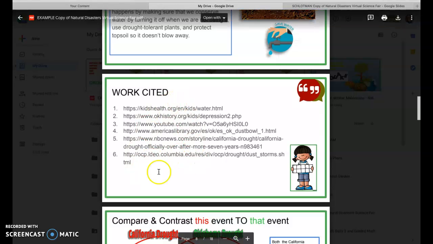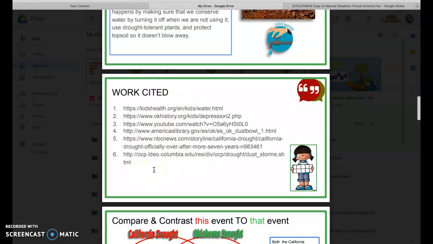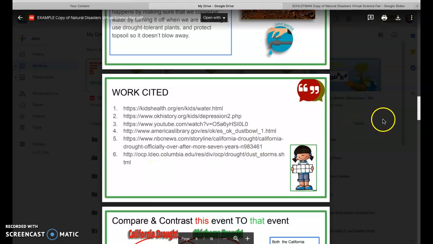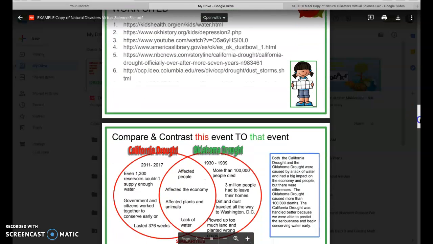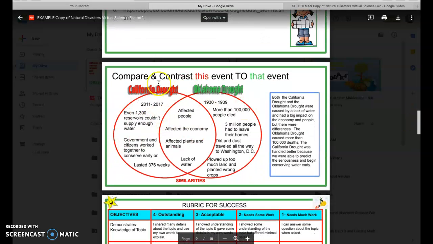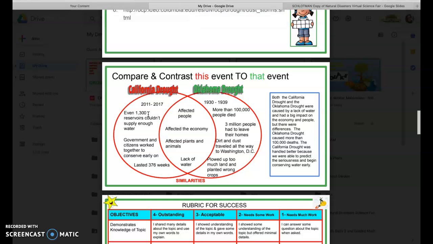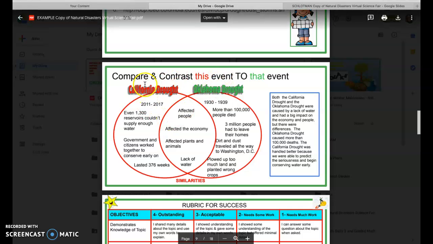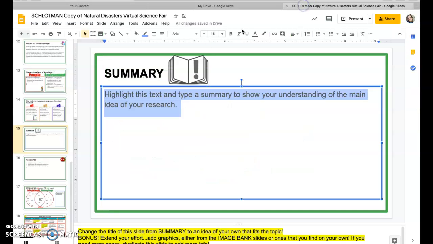Now this list right here with the websites, it's not alphabetized because we decided that this time around it just was not going to be all that important. The next slide that I hope you choose to complete is the bonus slide, compare and contrast this event to that event. To make this happen, you are going to double click on